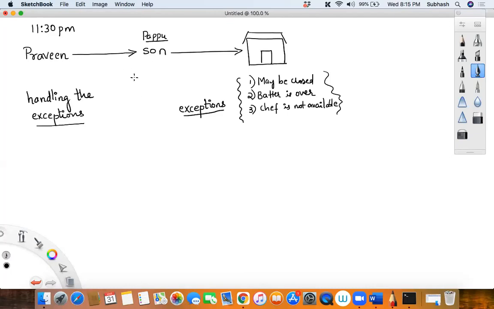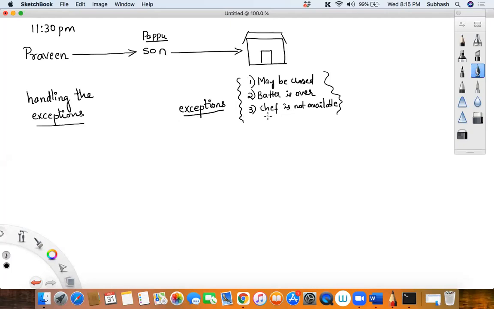So either the son can come back with masala dosa successfully, or there could be a problem that occurs during the execution. That is, when the son went to get the masala dosa, some problem happened during runtime, and because of that the son could not get the masala dosa. Agree? So those problems that occurred during the execution of getting masala dosa are called what? Exceptions. Is that clear? Those errors or actions that did not allow the execution to be accomplished successfully are called exceptions.